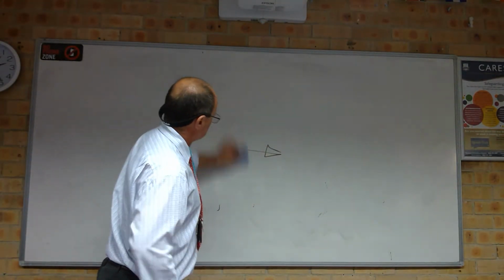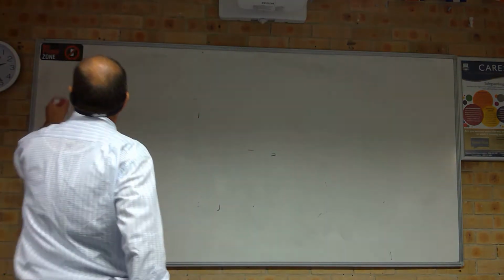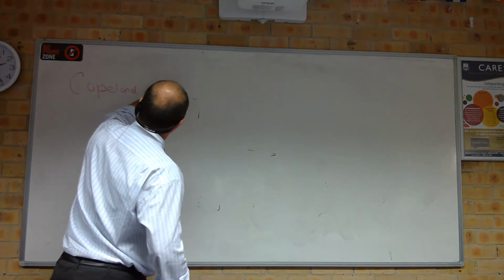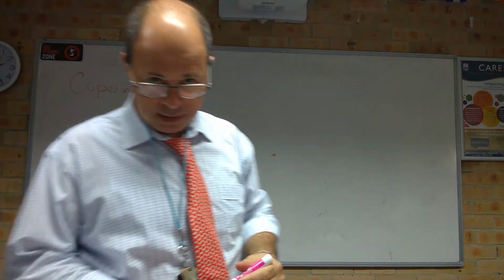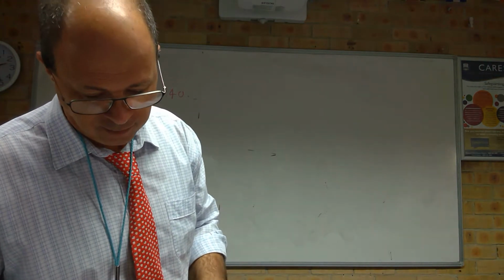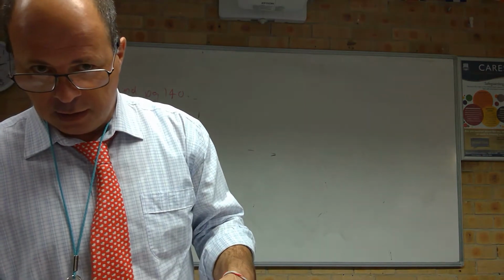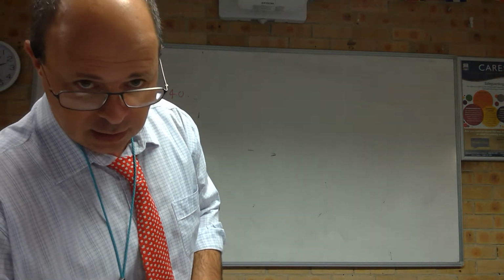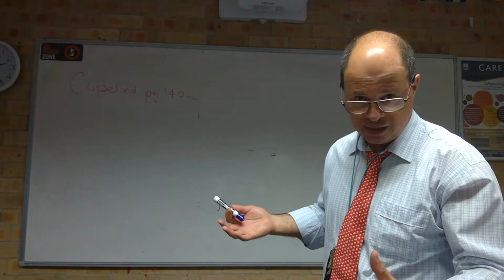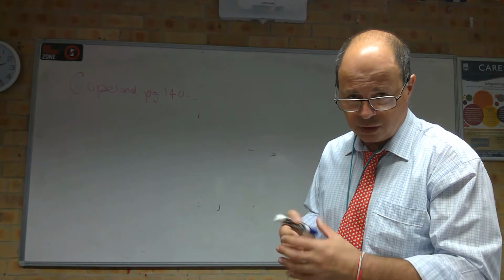In your Copeland text on page 140, Mr. Copeland discusses control technology, in particular motor speed controlling, and he talks about pulse width modulation. There's not a great deal of detail in the textbook about the particular topic, so it needs a little bit of fleshing out so that it can be understood. So hopefully by the end of this we'll have an understanding of how you can control motor speed with pulse